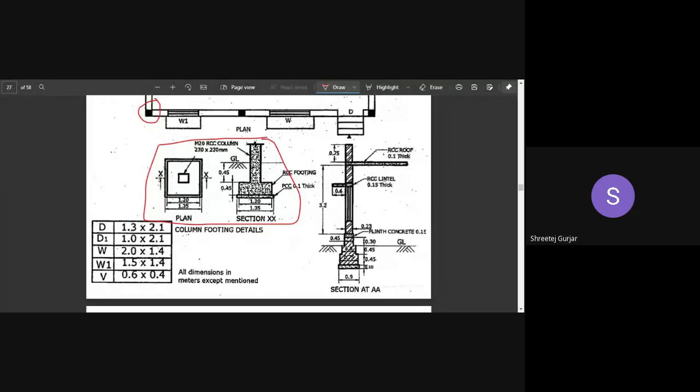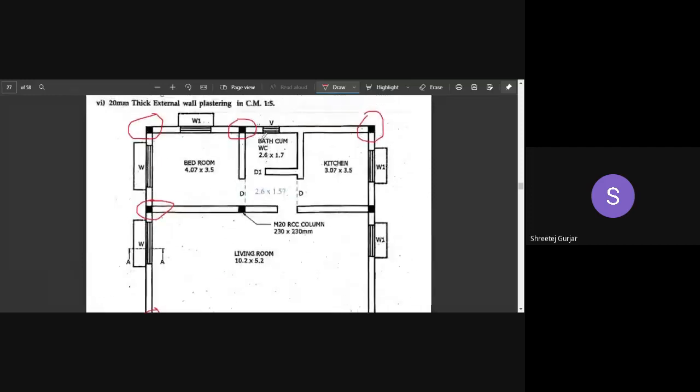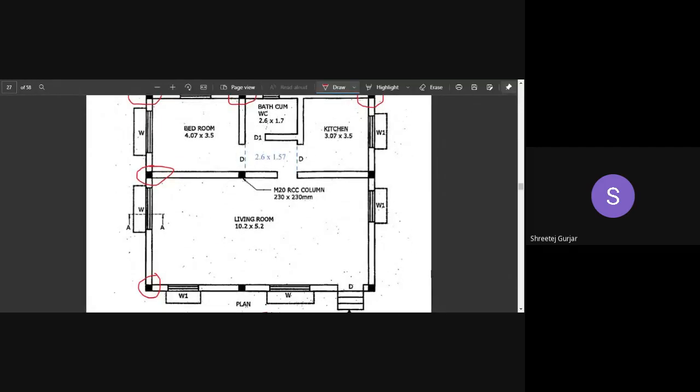All of the numericals which we have solved previously were load bearing structures wherein there were no columns present, right? We have observed that there were no columns present in our previous numericals which we have solved up till now. But in this numerical, you can observe that we have RCC columns, and this is a frame structure, which is a more practical one as per your field. So you will be dealing with this kind of estimation more rather than the previous ones.